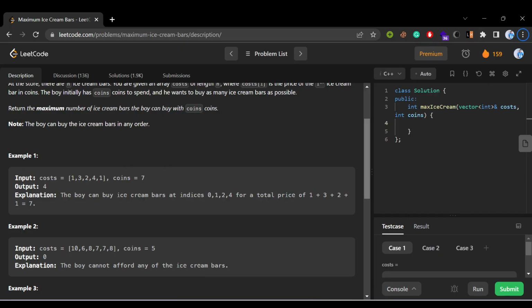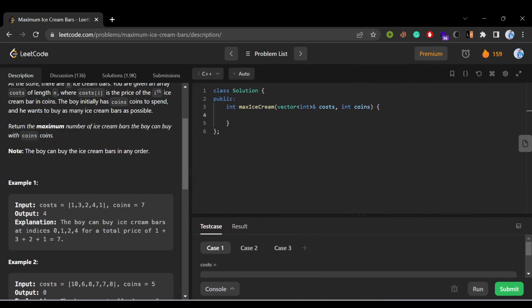So this is basically a greedy problem, and in most of the greedy problems, the problems are based on sorting. So first of all, we are going to sort the array, costs.begin to costs.end. Now you will have bars that is equal to 0. Now you will have, let's say,